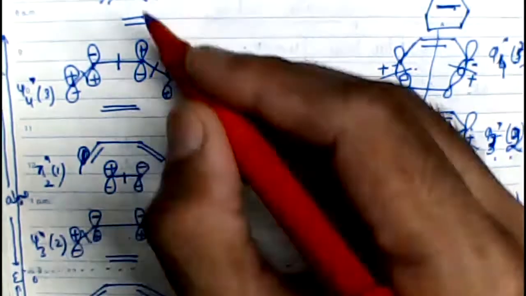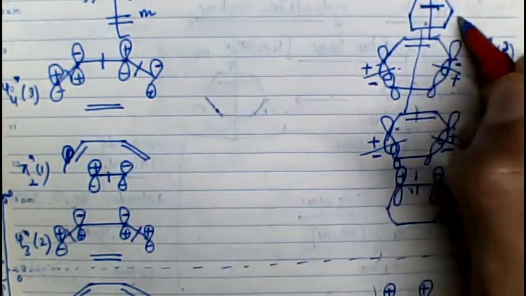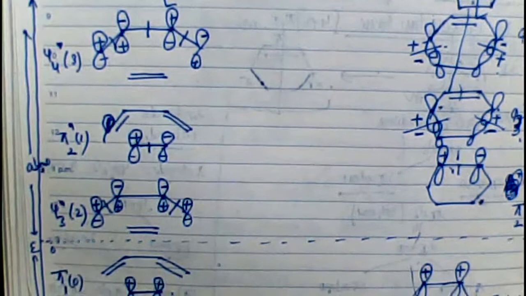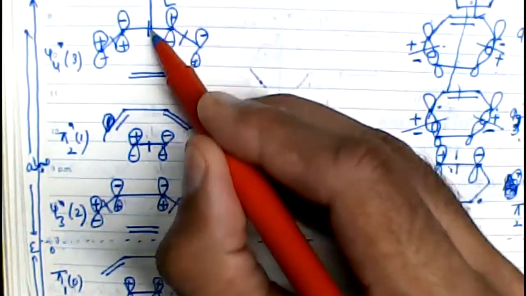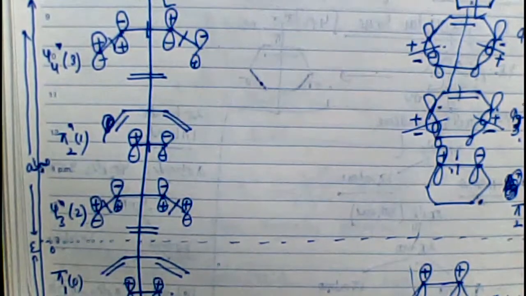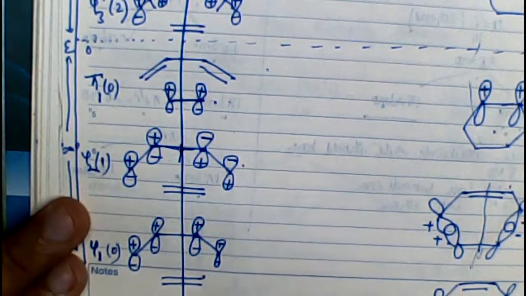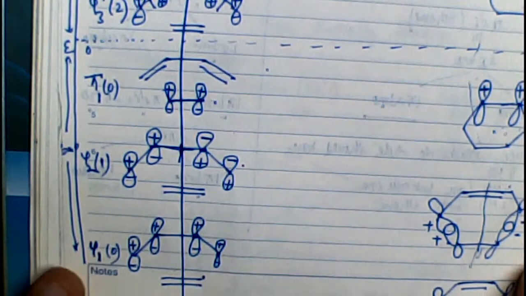Hence, this is the symmetry operation, the mirror plane of symmetry in the reactants, and this is the symmetry operation in the case of the product. I'll apply the symmetry operation on all the molecular orbitals. I've put the symmetry operation here and here, this mirror plane of symmetry, and let's classify the orbitals.